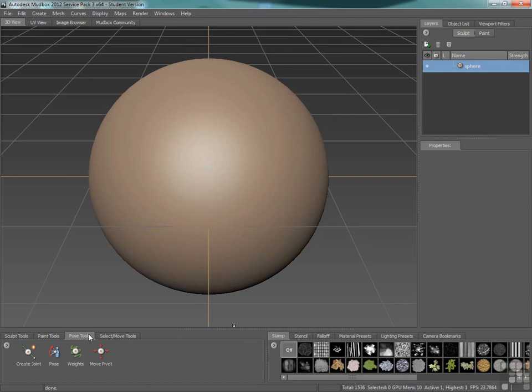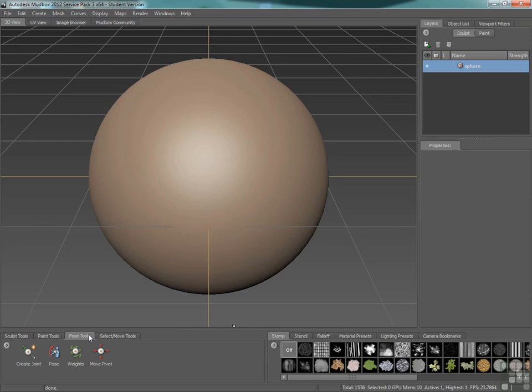Posing Tools. So within Mudbox, once you have a character, you can actually create joints within it and pose it. So the idea there is that even though it's posed into an asymmetrical shape, as I paint on one arm or one leg, it's still going to do the exact same thing on the opposite leg. Generally speaking, I wouldn't use Mudbox for much as far as posing goes, because once I bring that mesh back into like 3ds Max or Maya, I want it in its T-pose for adding bones and rigging. So it's a cool thing to be able to have in Mudbox for creating concept art, but not necessarily for